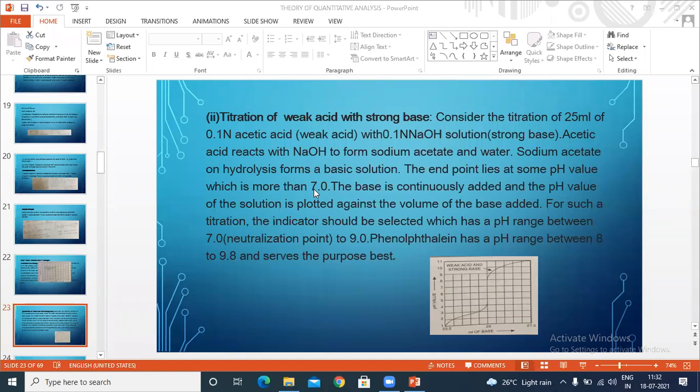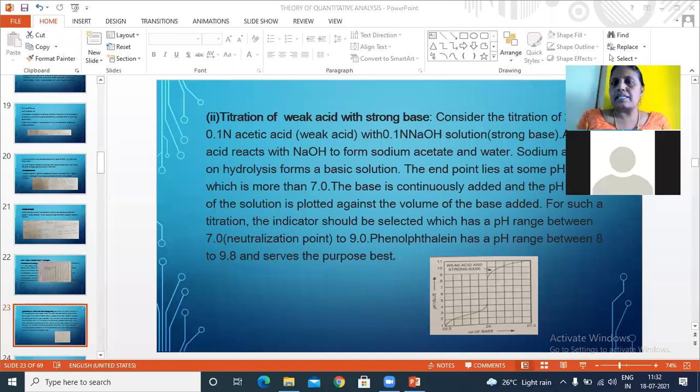That sodium acetate immediately undergoes hydrolysis because of the water which is formed in the solution. When acetic acid, CH3COOH, plus NaOH reacts, we get CH3COONa, sodium acetate, plus water, which is actually a reversible reaction. Because of the reversible reaction, the forward reaction favors the formation of sodium acetate, and the same way the backward reaction also has to be performed at the same time.